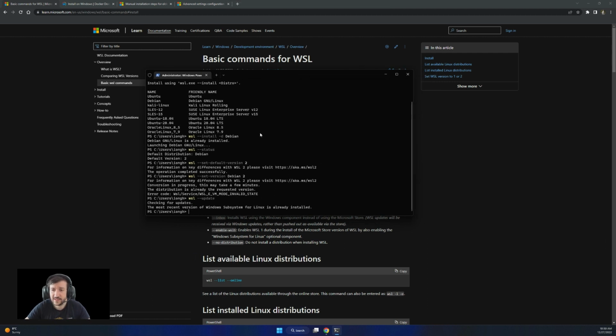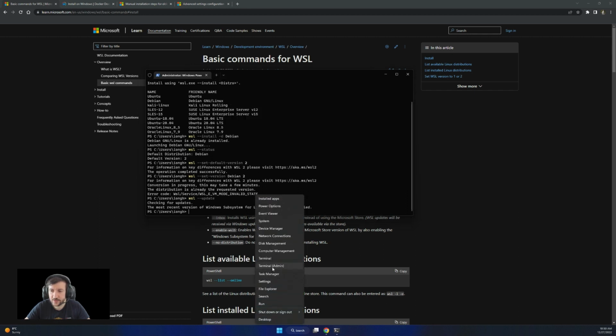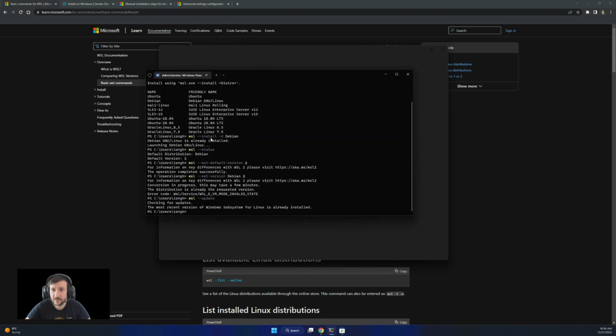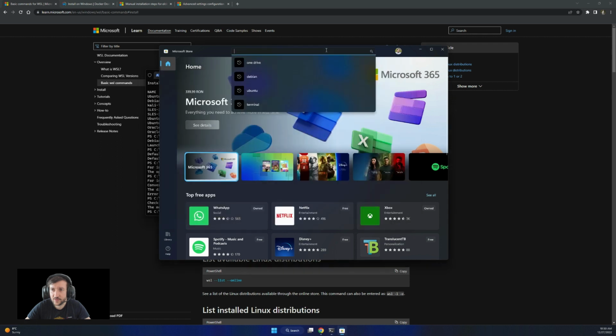Now, let's assume you started and you have the distribution installed. After start, if you open terminal again, you will see this Debian in here. So there are a couple of things. I have installed Windows 11 terminal, it's the default, but if you are on Windows 10, you might not have this terminal. So you can install terminal from the Windows Store as distributions. So you can install Debian, for example, like I did here, but you can install through the Store as well.